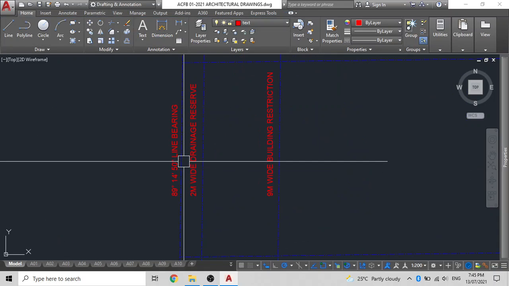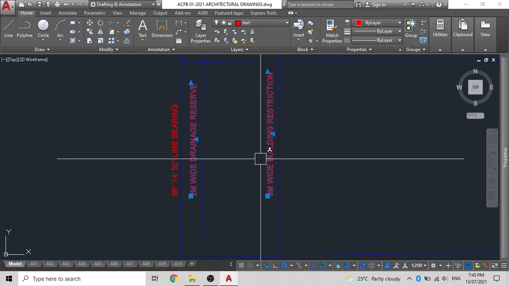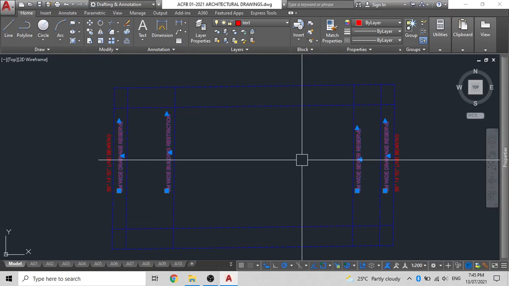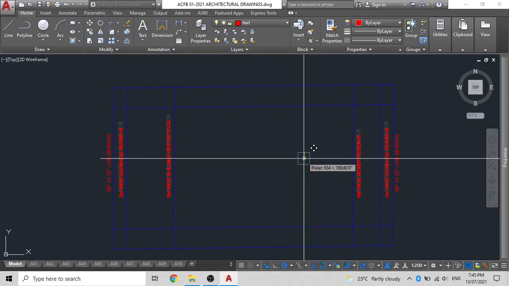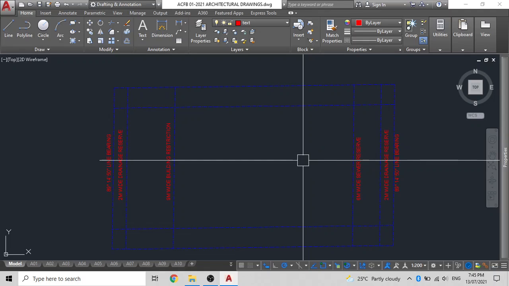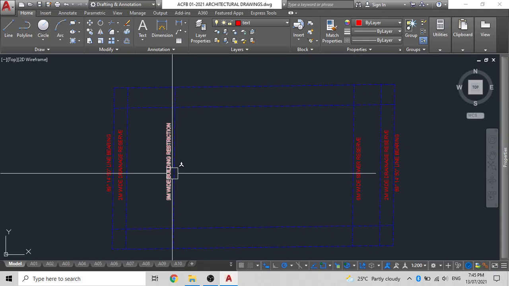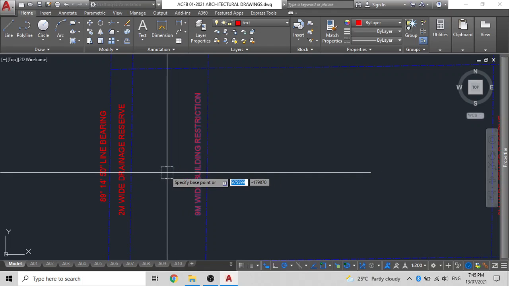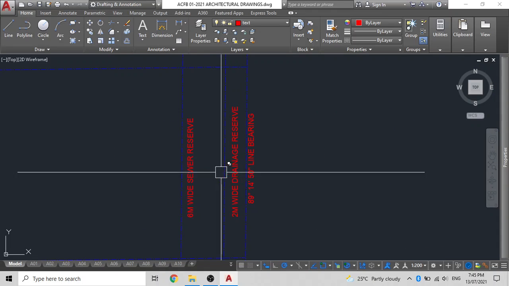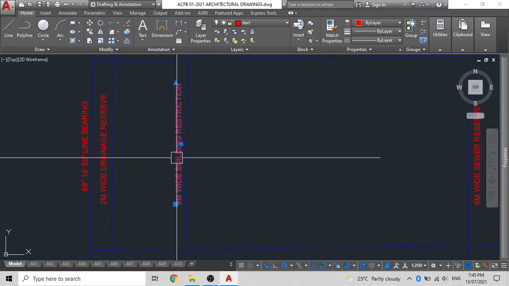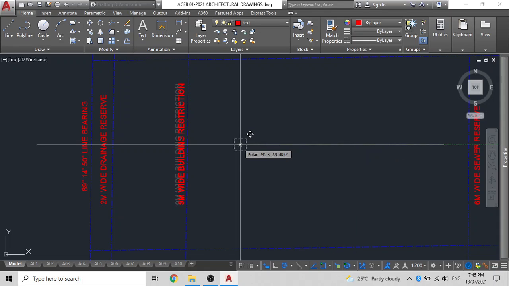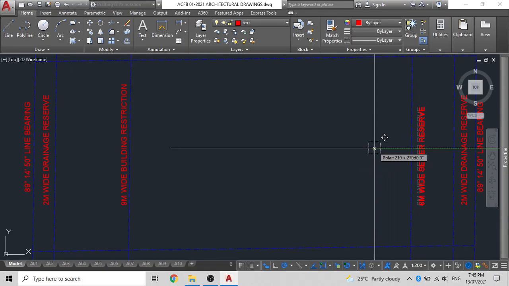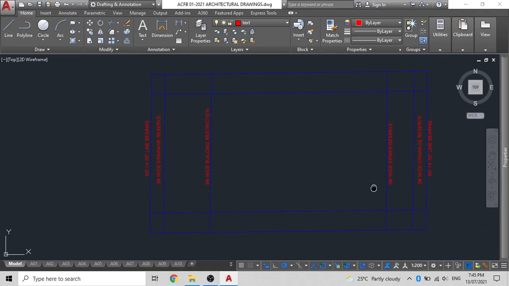So now you can see that the texts are all inconsistent, so what you can do is select all the texts together and just eyeball them so that they look parallel, like so. Now if you think that the distances are too far away, you can just simply move them in, or you can leave them as they are. I'll just move this one in and I'll leave the other one as it is. If you think it's inconsistent, you can just move that one in slightly.